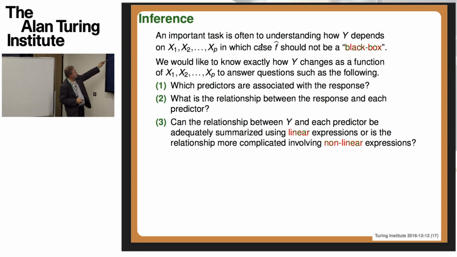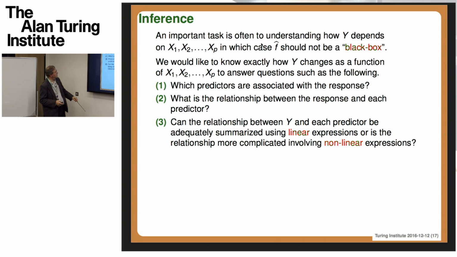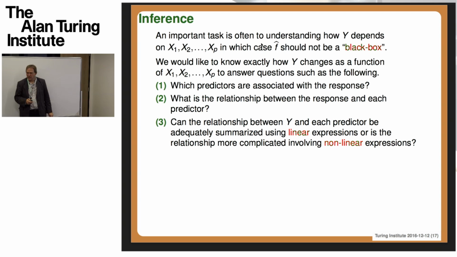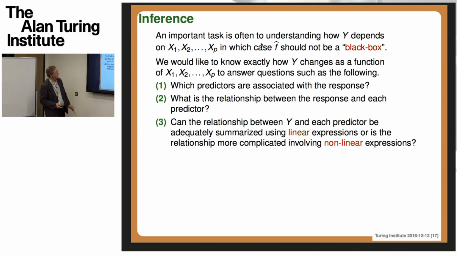In a practical context, we may not just want to know a black box, know the f hat. What we might want to do is answer questions about which of those predictors are involved in the f hat. They may be costly, expensive, arduous, painful to determine, these x variables. We don't want to measure them unnecessarily, so we want to be selective about those. So we want to know which ones are really associated with the response. And also, what is that relationship between the response variable and the predictor variables? Is it a nice, convenient linear type relationship, or should we move on to a more complicated non-linear type relationship?